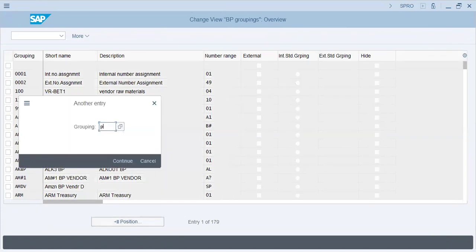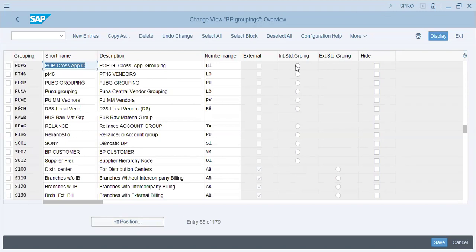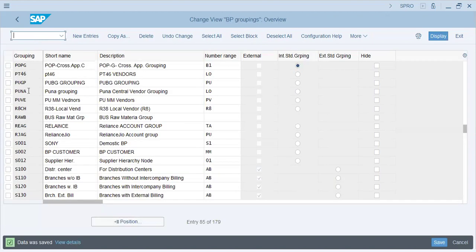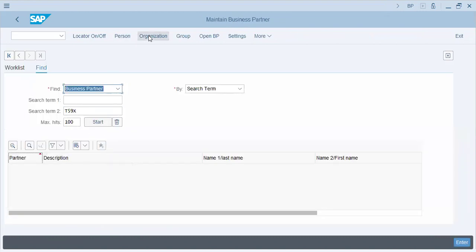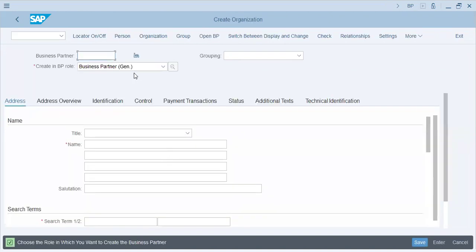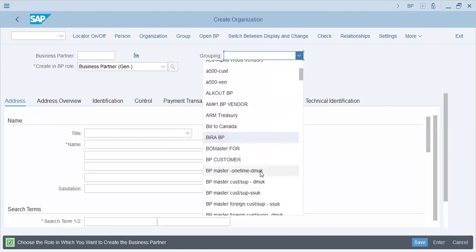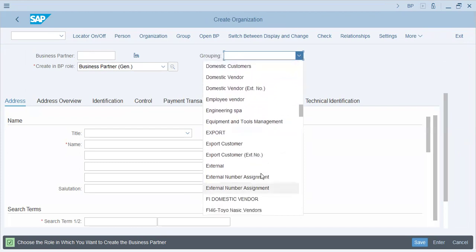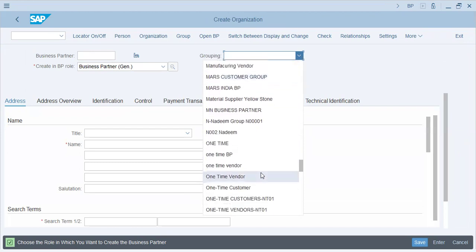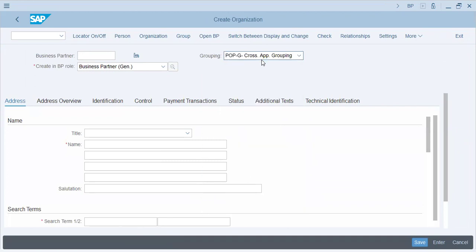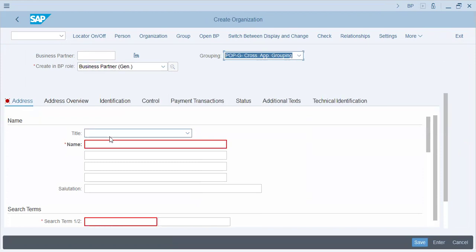Let's see. Okay. BP organization grouping. This is coming from cross application components central because we do not create vendors anymore in finance or purchasing. Okay, this is what we created. Okay, business partner general,